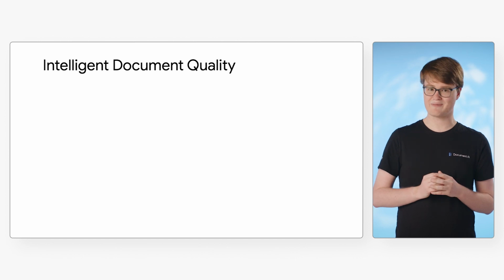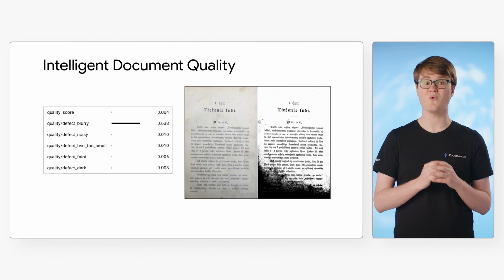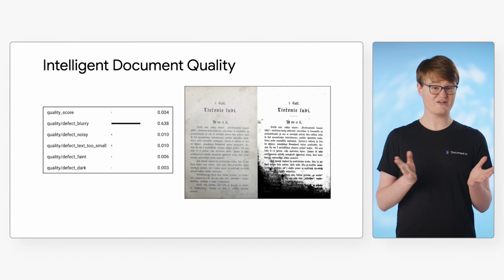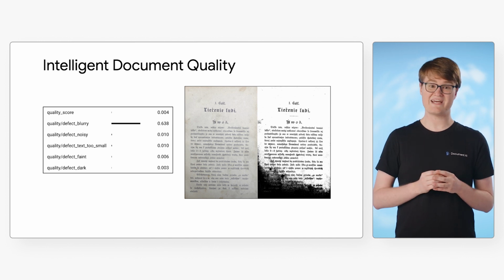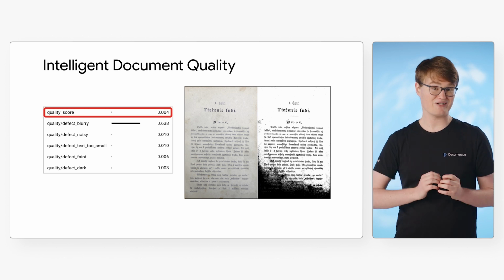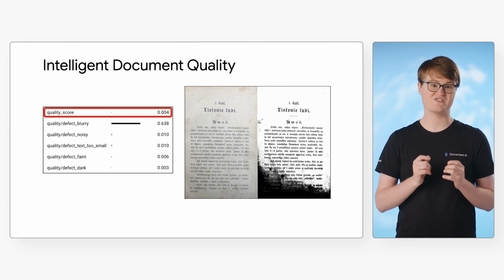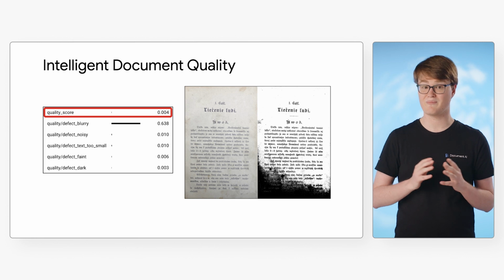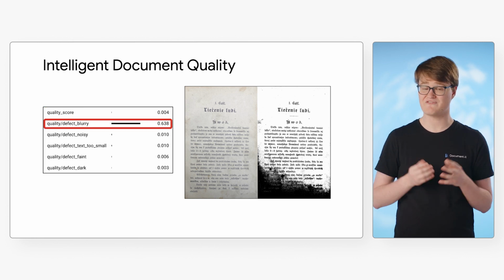The Document Quality processor is designed to assess the quality of a scanned document. For example, here you can see a scanned page of an old book that's pretty difficult to read. The Document Quality processor output a low score of 0.004 out of 1.0, and it suggests the top defect is